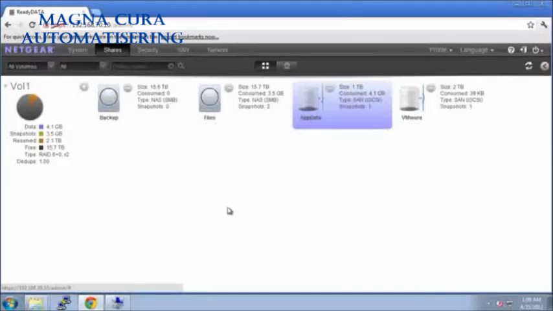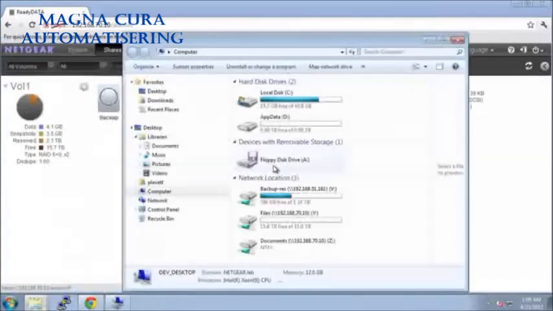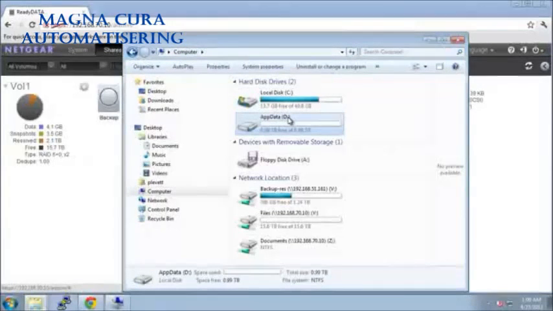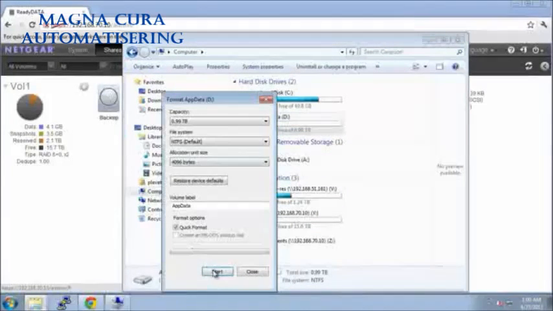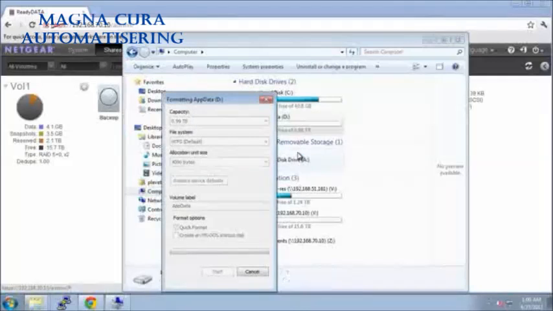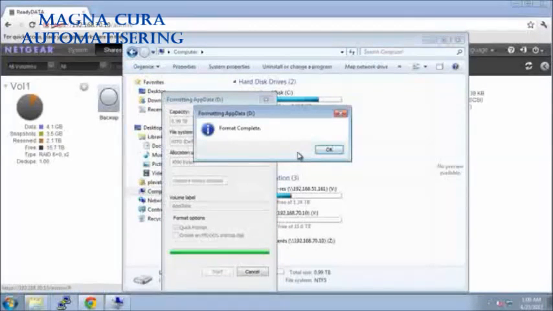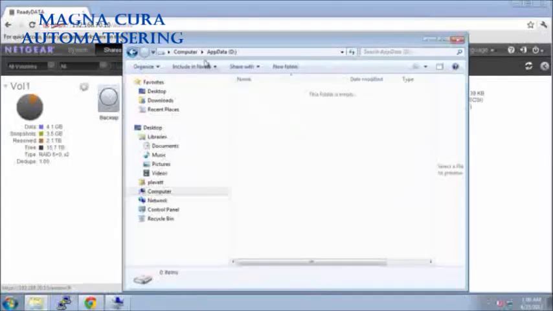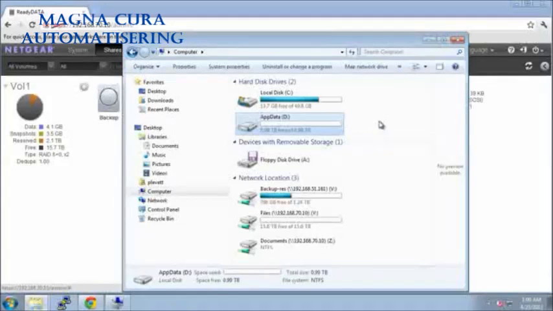So now I'm going to go back to my D drive and actually format it in its entirety. I'm going to right click on the drive and select Format. Windows is then going to prompt me, and I'm going to click Start. The formatting process takes very little time and destroys all the data on the LUN itself. So at this point, we've deleted all the data. So now we're in the same situation we were previously, but with an iSCSI LUN.